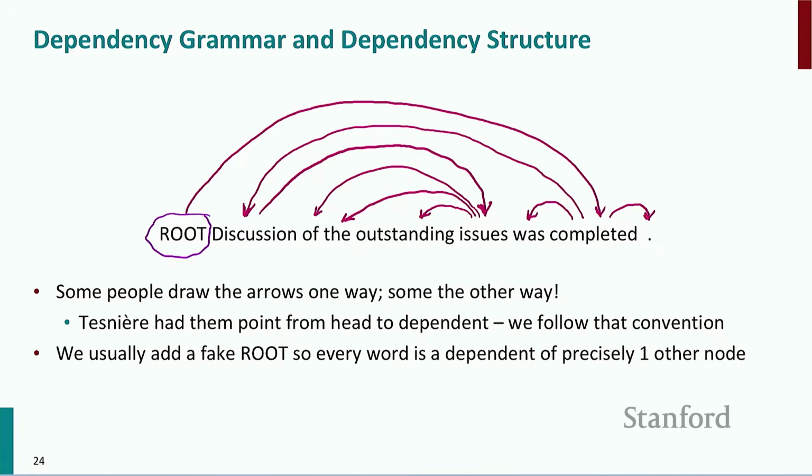It works out more easily for the parsing if you add to a sentence a fake root node, so you know that that's the starting point, and it's going to take one dependent, which is the word that's the head of the sentence, and then you work down from there. Okay,